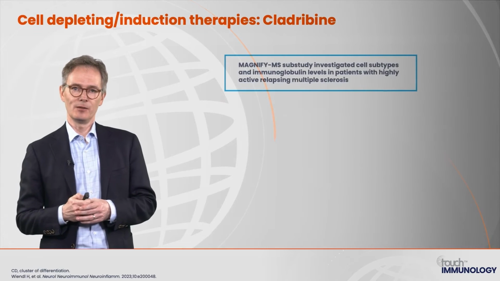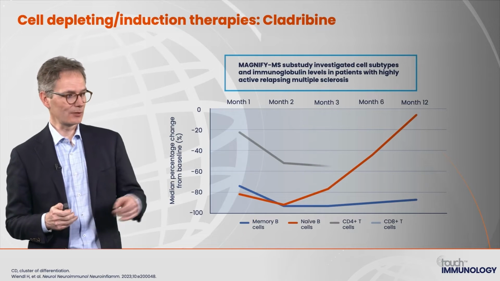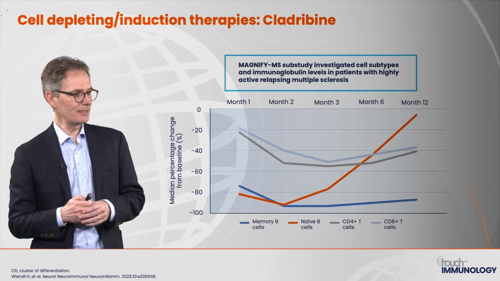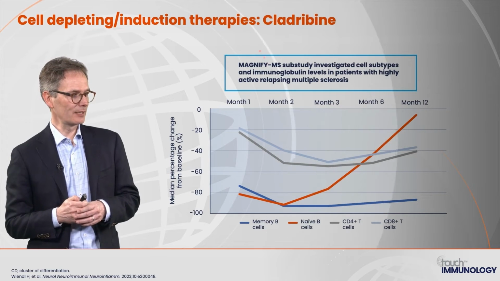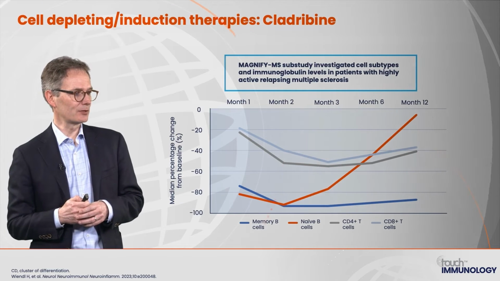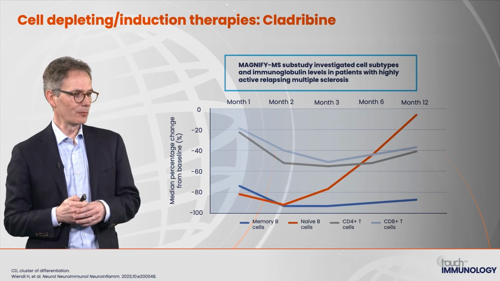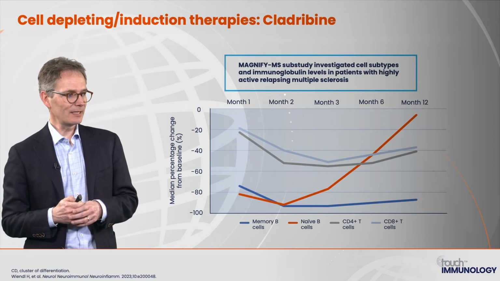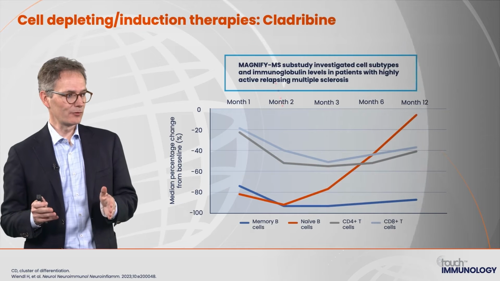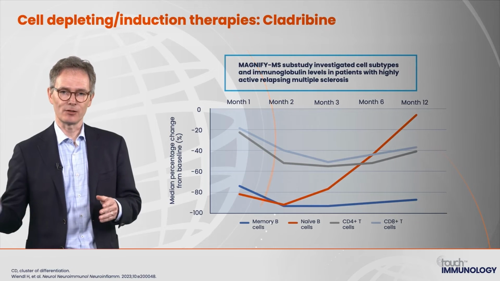When you look at the lymphocyte kinetics after one cycle of cladribine treatment, you see a quite dramatic decrease of lymphocytes, but you also see that the impact is different in T cells and B cells. B cells are mainly affected and go down more compared to the decrease of T lymphocytes. You can also see that the recovery of cells is different, with a more pronounced recovery of naive B cells and a quite long-lasting depletion or reduction of memory B cells, really indicating that the drug not only has a preferred target of lymphocytes, but in the end, probably a preferred target of memory B cells that stay down for a very long time.